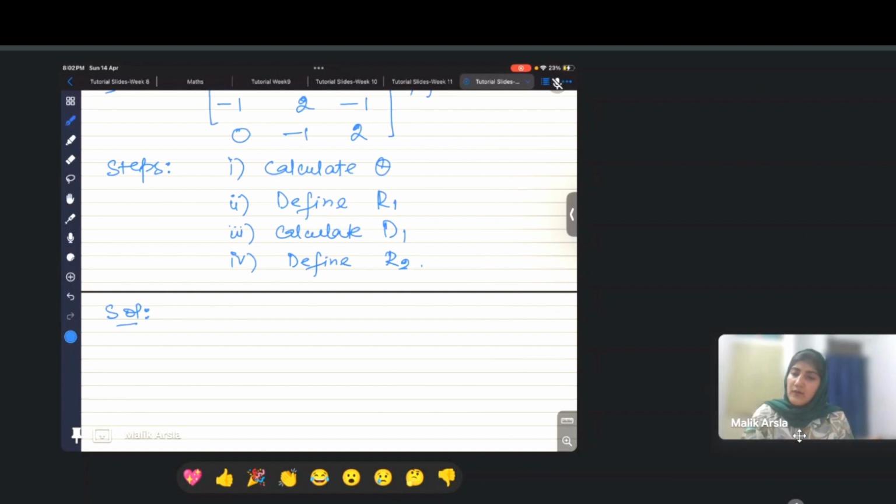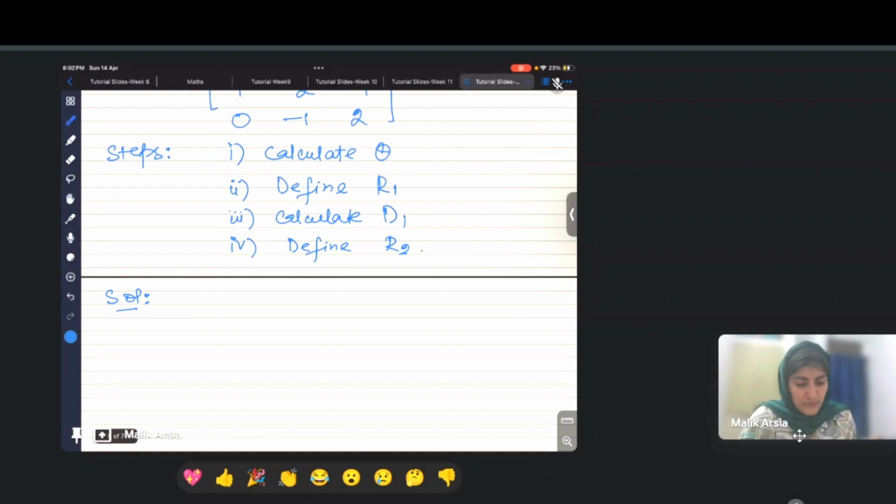The procedure and steps may be different, but in the end the answer is coming out the same, because we are dealing with a symmetric matrix only. Ma'am, what you told is row wise 1 by root 2, 1 by root 2, 0; minus 1 by root 2, 1 by root 2, 0; 0, 0, 1. Yes, that is what I am getting. Then you can form D1 and calculate theta again and then form R.